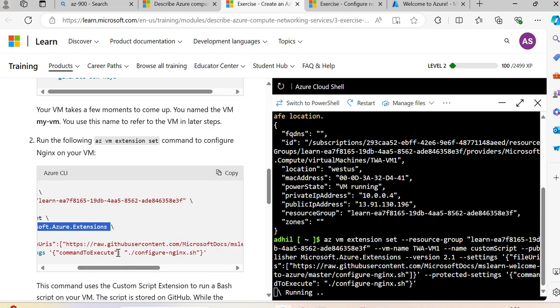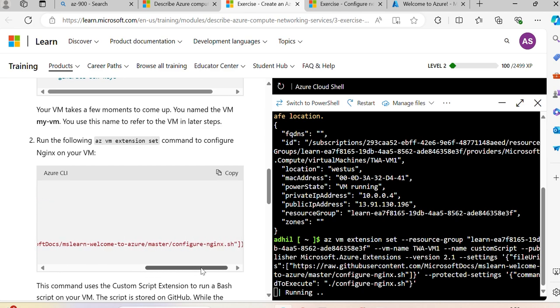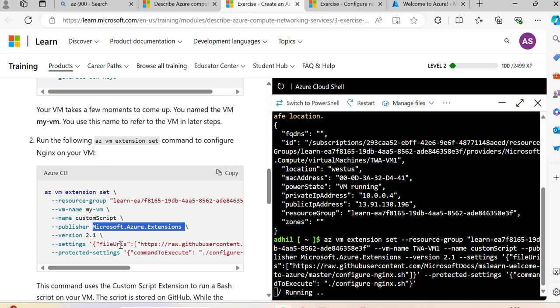It will be following this file. This file is from githubusercontent.com Microsoft Docs MS Learn. So it belongs to here. Let us see, this is actually a bash file, so we will see what that bash file contains. Then next,